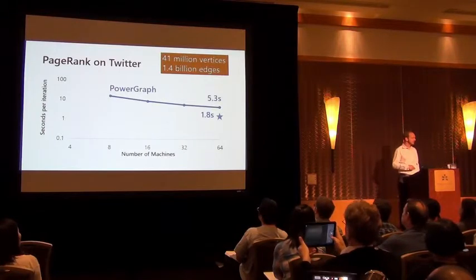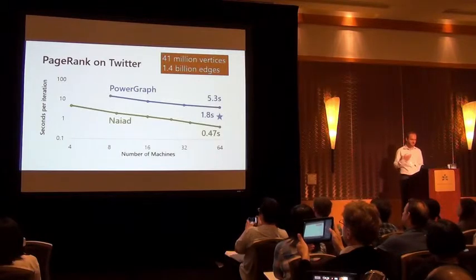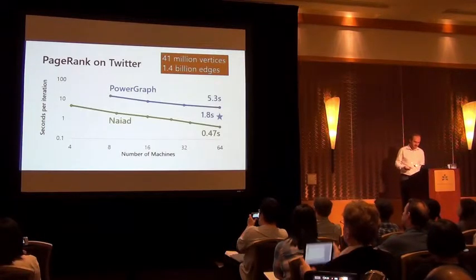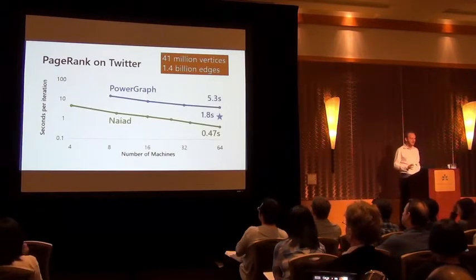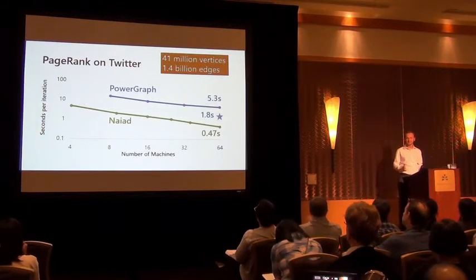Well, on 64 of our own 8-core machines, they're slightly more elderly and the network's a little slower than the EC2 cluster that was used for the Paragraph experiments. An iteration of PageRank takes just under half a second. Now, we heavily optimized the Naiad network stack to perform overlapped computation and communication, and optimized the data layout for